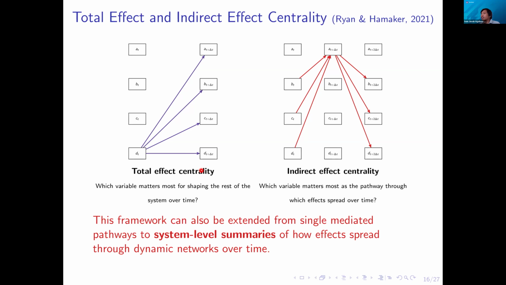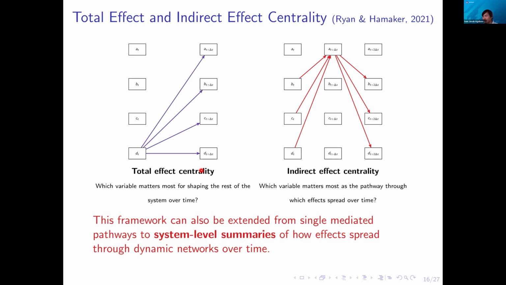Another perspective we can think about is, because this is mediation, in the social sciences we know that the associations between variables are not just straightforward, like one variable predicting another. In many situations it's cascading and there are variables in between. That's why mediation models are very popular: the effects are unfolding across not just time, but associations between different variables. Another system level metric we can use is the indirect effect centrality.